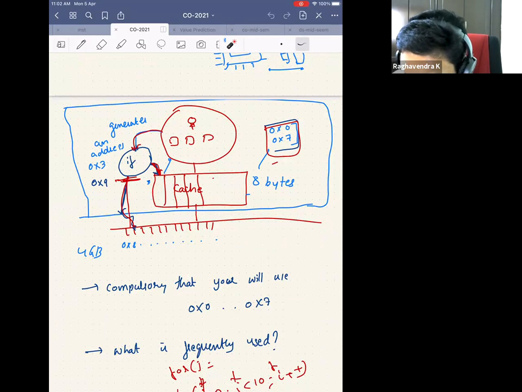Let's say the cache can store 8 bytes or 16 bytes or whatever it is. This is made of a technology called SRAM, static random access memory, and the main memory is made of a technology called DRAM. If you haven't understood that, it is fine. But this is a very expensive memory compared to that one. The access time of the cache is pretty fast, generally in the order of 1 to 2 cycles up to 20 cycles, whereas main memory might take 100 to 200 cycles, depending on the technology. It is generally 10x slower. But the capacity of main memory is pretty huge.